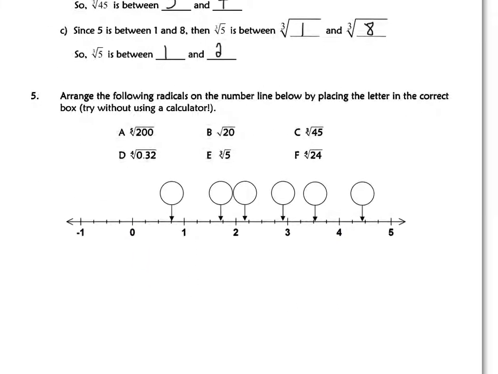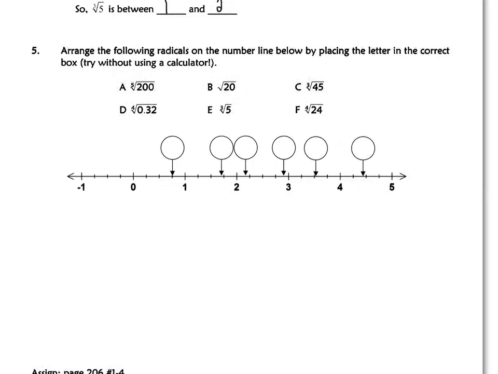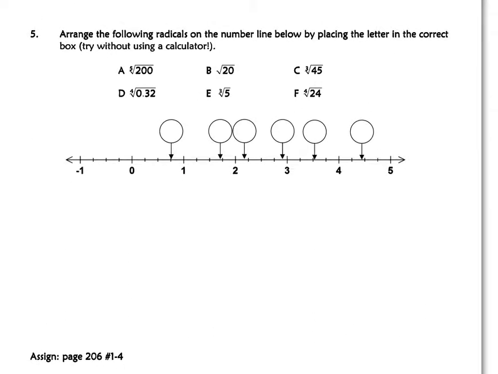So the next question asks you to arrange the radicals on the number line. Now it asks us to try to do it without using a calculator. So if we look at the fifth root of 200, we know that 2 to the power of 5 is 32, and 3 to the power of 4 is 81, so that means 3 to the power of 5 would be 243. So we know that the answer for A has to be somewhere between 2 and 3. So if we just check that on the calculator, fifth root of 200,